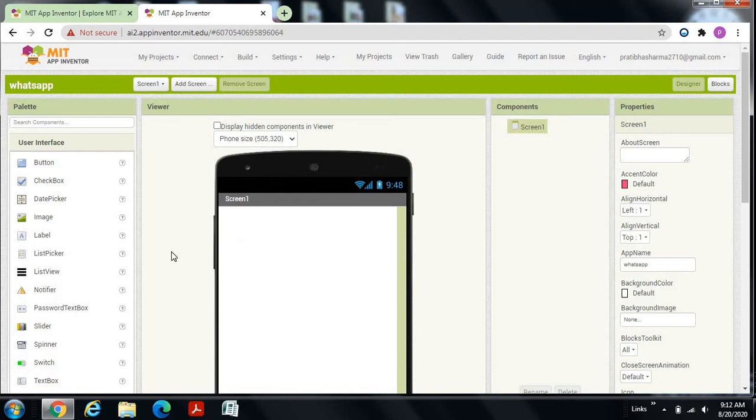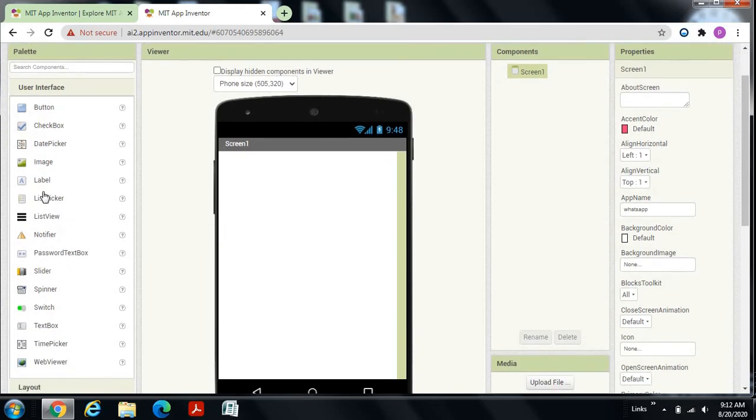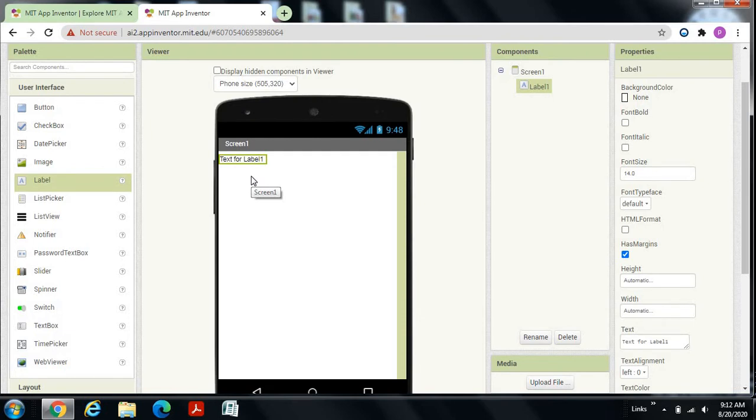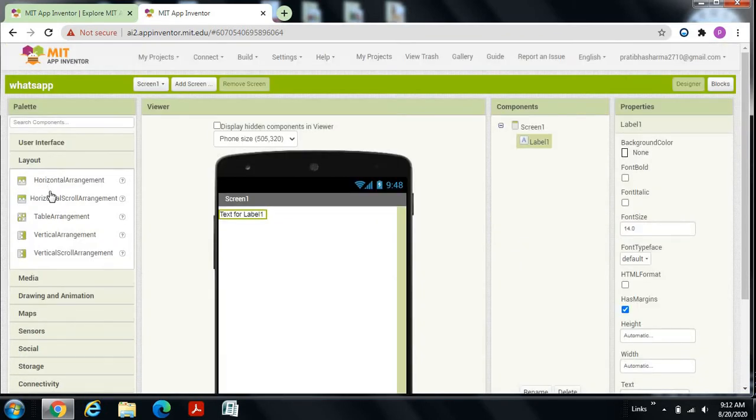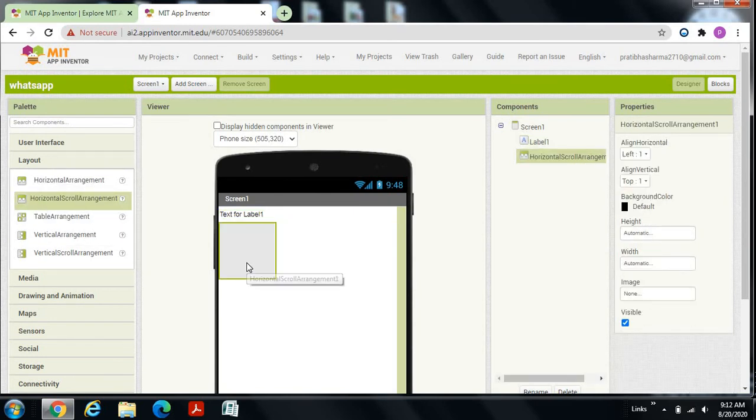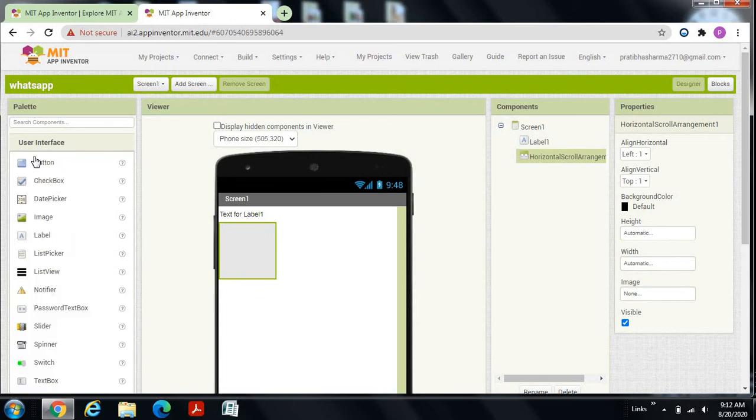For this you'll first require one label. Go to user interface, drag and drop one label. Now drag and drop one horizontal alignment. Okay, you're done. Now go to user interface again and drag and drop one button.